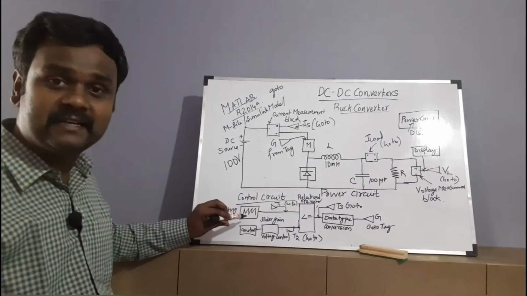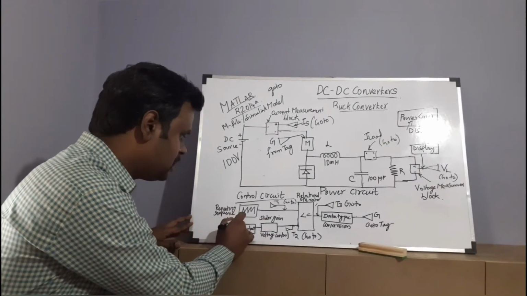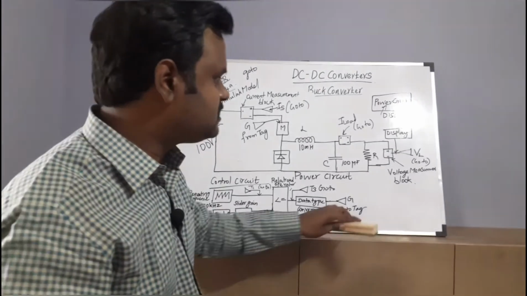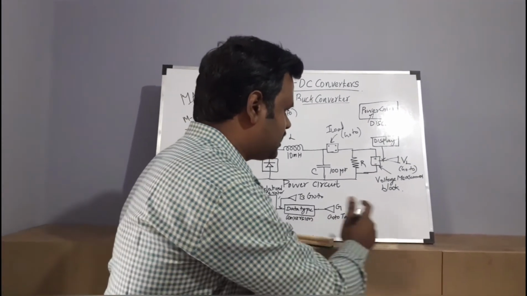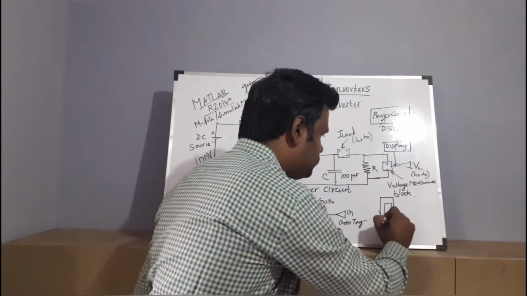How we are entering this data, 100 kilohertz. As I said before, the switching frequency is 100 kilohertz. How I am entering it in MATLAB, I will show in the MATLAB simulation, so it will be easier for you to understand there. So next I have to draw the scope. I am drawing two scopes, right? Two scopes.